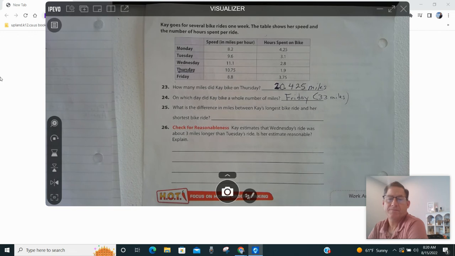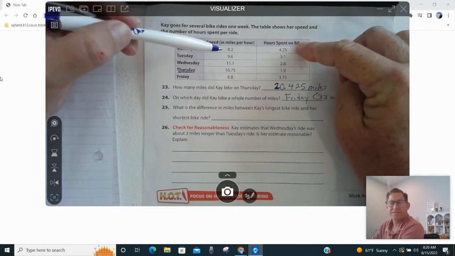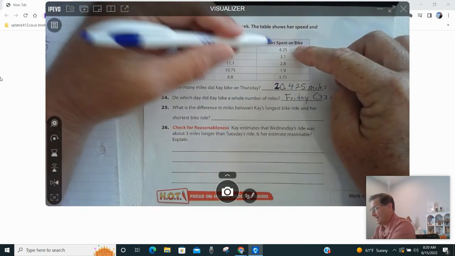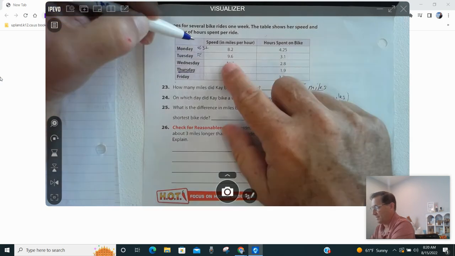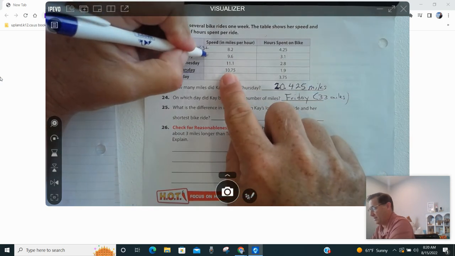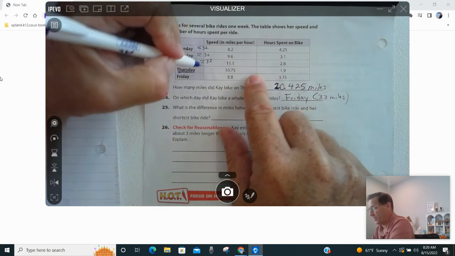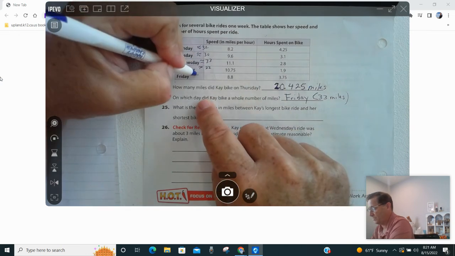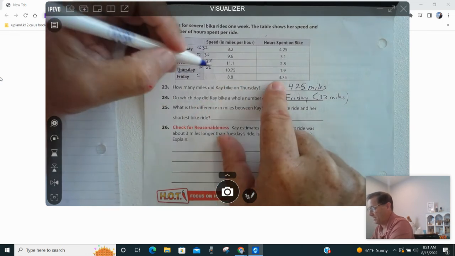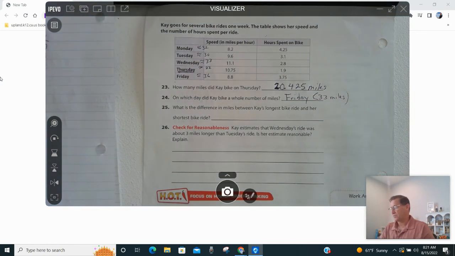What is the difference in miles between Kay's longest bike ride and her shortest? Well, we might want to use some estimates here to get an idea. 8 times 4, about 32. 10 times 3, about 30. 11 times 3, 33. 11 times 2, 22. 9 times 4, 36. So